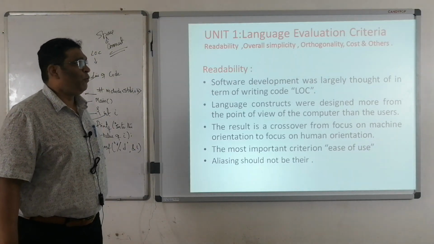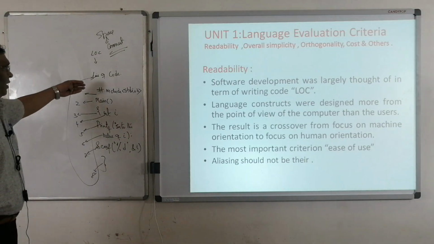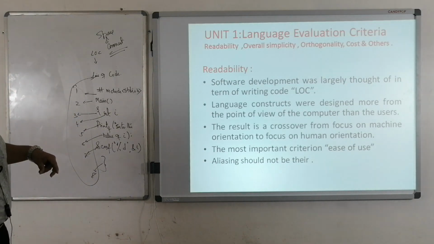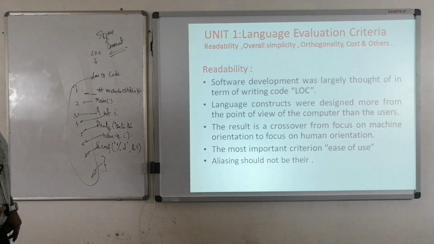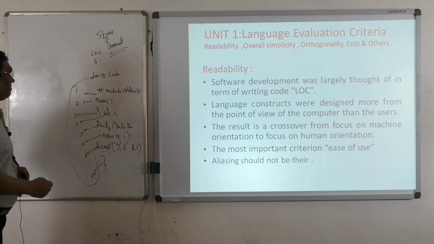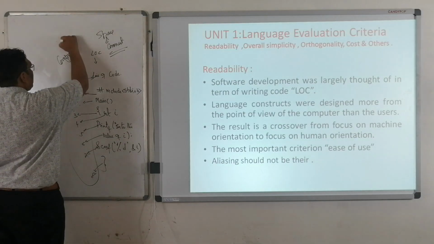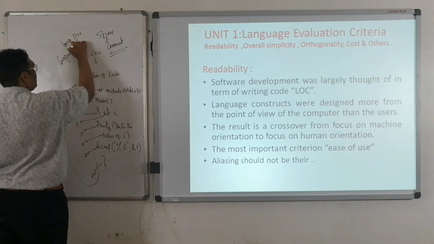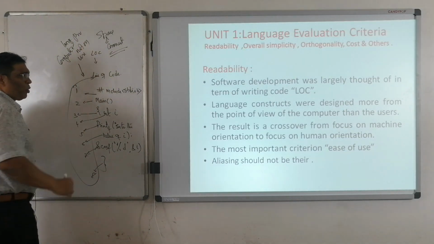Software should be developed largely thorough in terms of the lines of code written. Take the example of line of code, these are the lines. Whenever I go up, I'll give you an example. Large by design, from the point of view of the computer. Here we are going to design a program based on computers. Large programs on computers, not on users. This is one point.